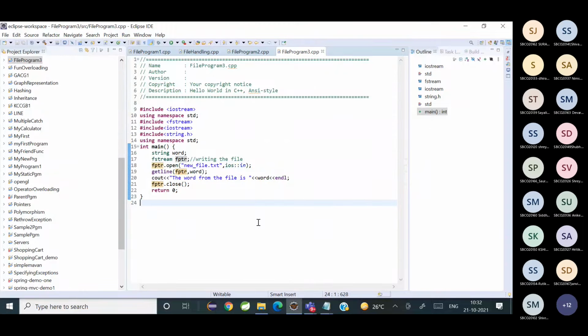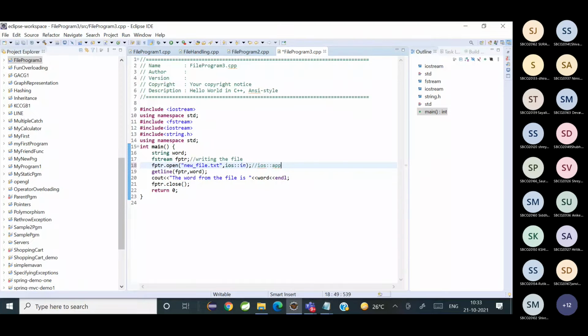Students who are there in the session, have you all understood? Yes, ma'am. Okay. Next, there are many modes here, so you saw in and out. There is something called ios::app. Any guesses for what app is used for? Appending.